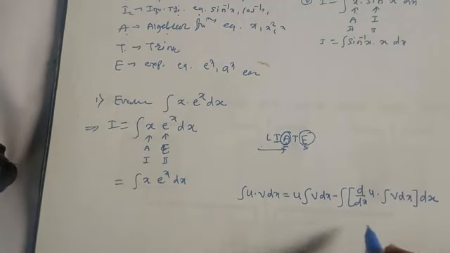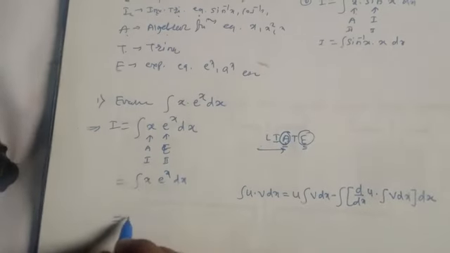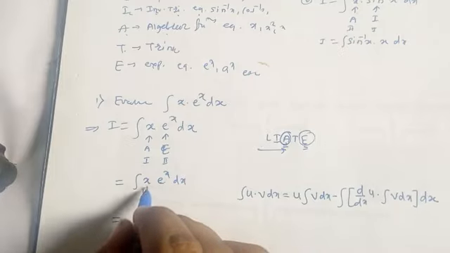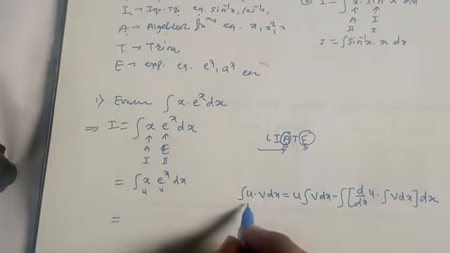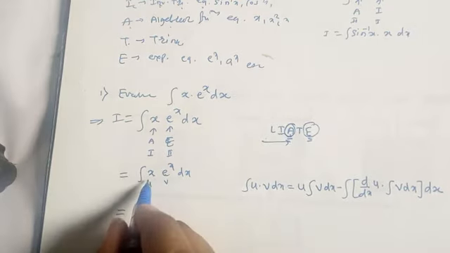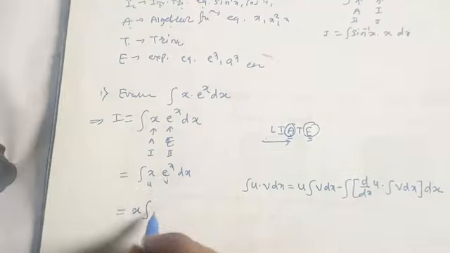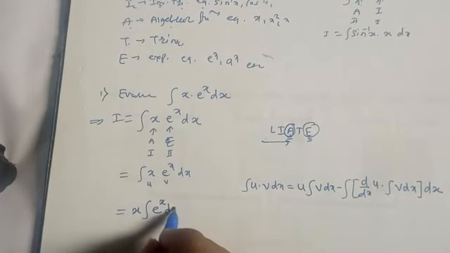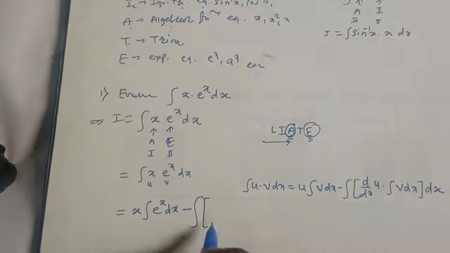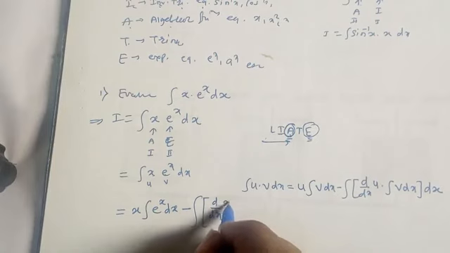So use this rule to evaluate this integration. Let u equal x and v equal e raised to x in this formula. So what is the by-parts rule? First term as it is, that means x as it is, into the integration of the second term, that means the integration of e raised to x dx, then minus the integration, in brackets, of the derivative of the first term, that means the derivative of x,